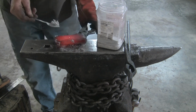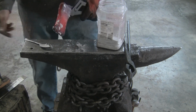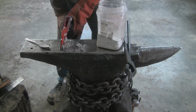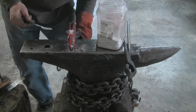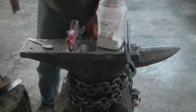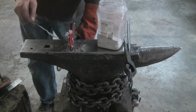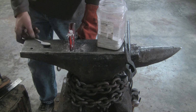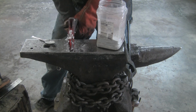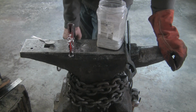And I put all those shavings in just regular borax, and I think I made my own mountain flux. It actually works pretty good. If you do that, you just have to make sure that it's a high carbon steel. High carbon steel is a lot easier to weld than mild steel. So the premise is, if you can get those metal shavings with that carbon in there to melt with the flux, then it just makes a really nice sticky